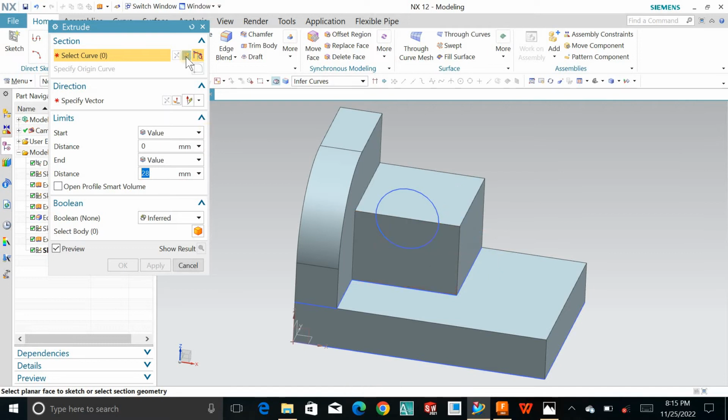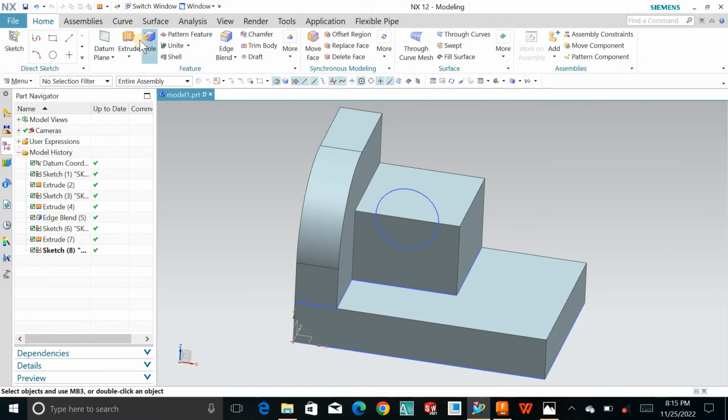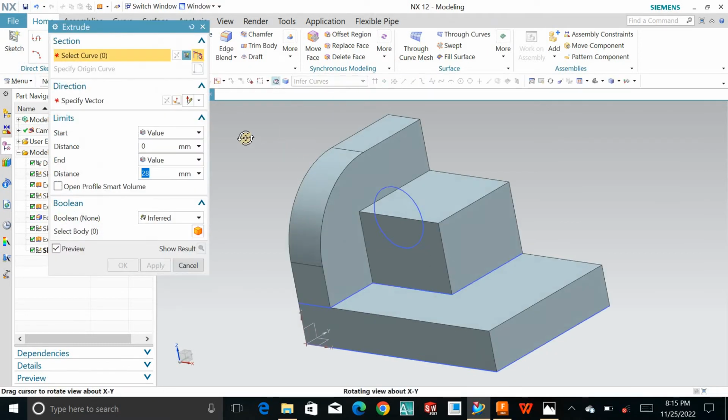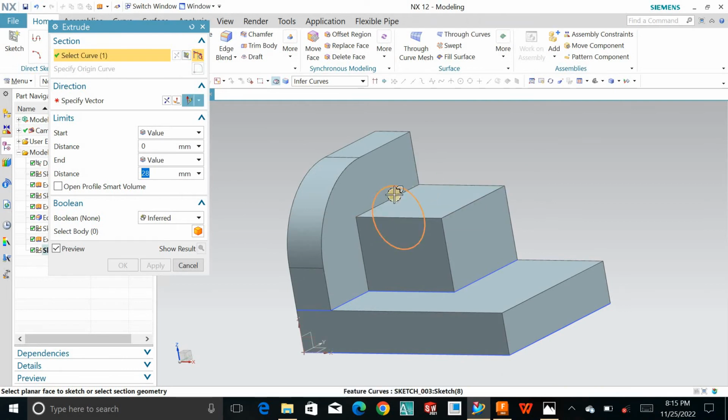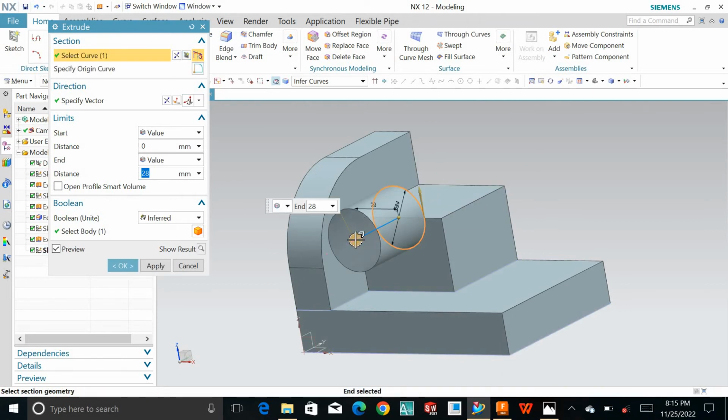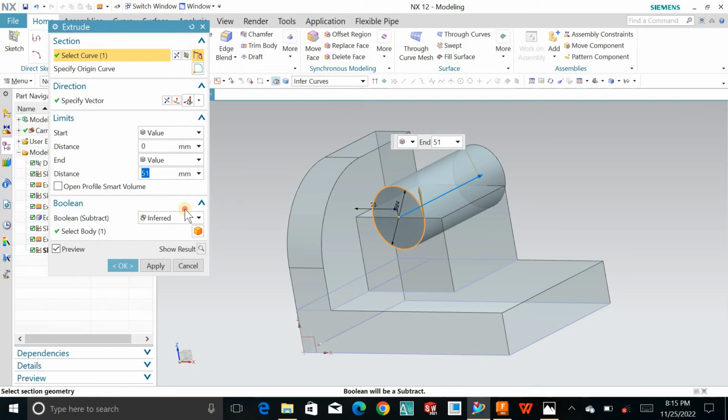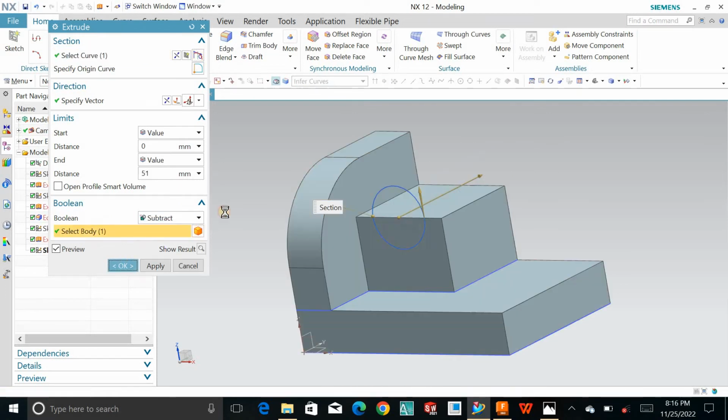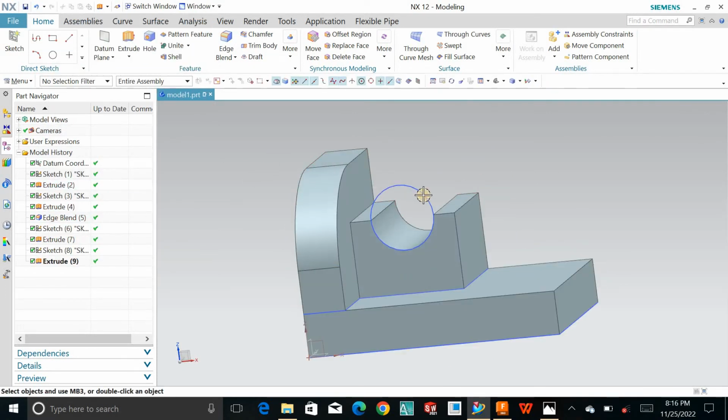and go for the extrude and select the sketch and drag it like this, select subtract and I'll hit OK. Select this and go for height,